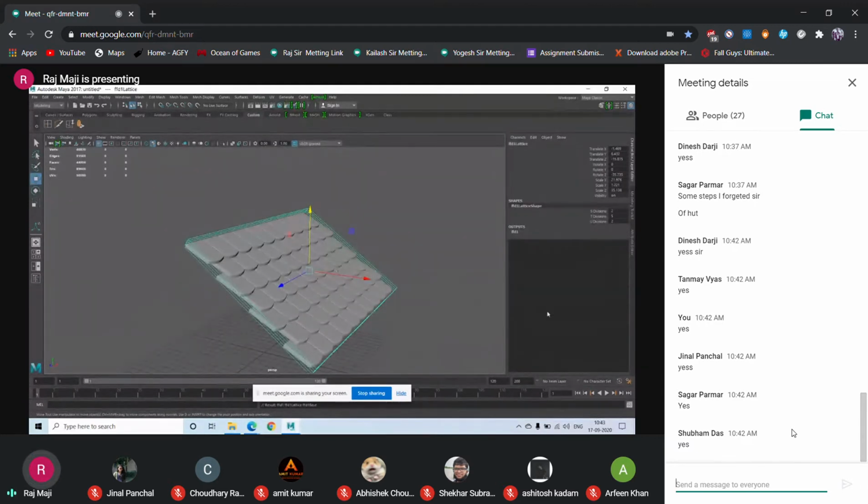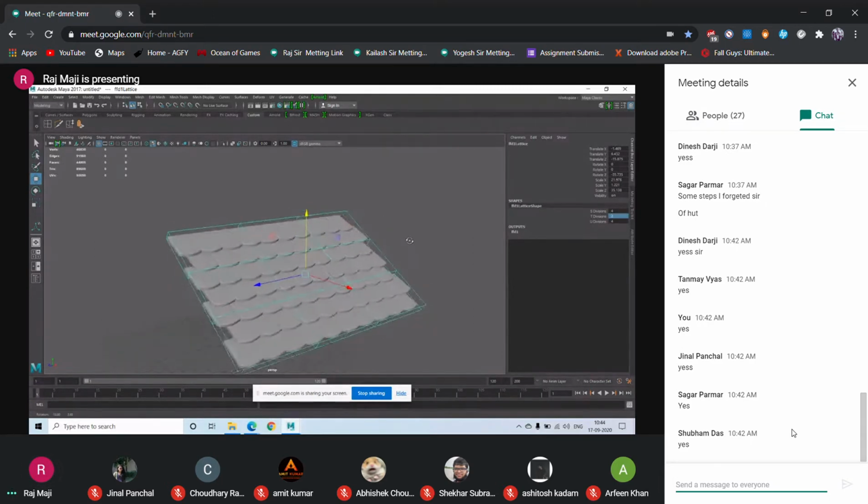This is the lattice, and here is the shape node of lattice, and in this you will get the subdivisions. So instead of 2, let's make it 4. Over here also subdivision, let's make it 4. And here I don't want any subdivision, so let's make it 2.